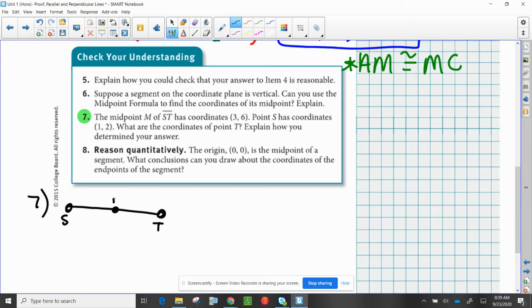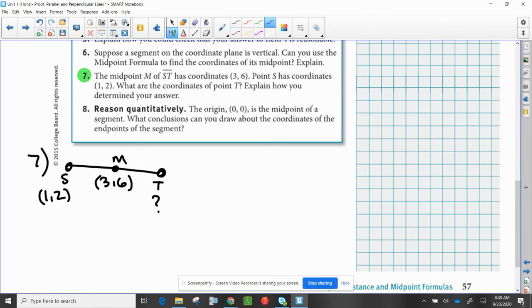And we have a midpoint at M. They're telling you the midpoint coordinate is (3, 6). Okay? And point S has the value of (1, 2). What is the coordinate of point T? So again, we've done this before just by kind of counting, but here's how you can do it algebraically using